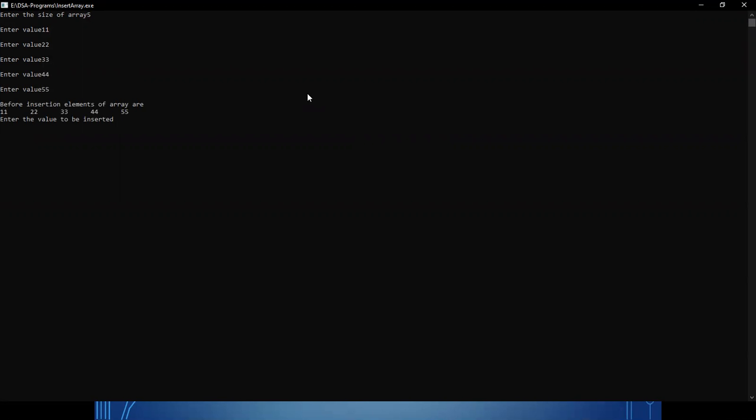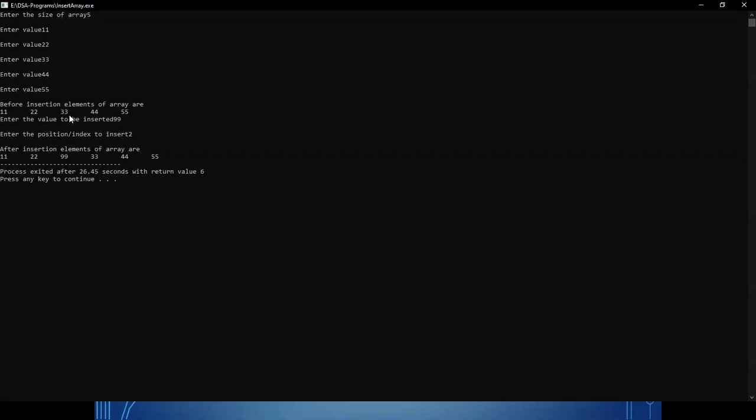So before insertion, these are my elements. Suppose I want to insert 99 at index 2. Now check. Previously it was 11, 22, 33, 44, 55. But whenever I come to index 2, in place of 33, now 99 has been inserted.